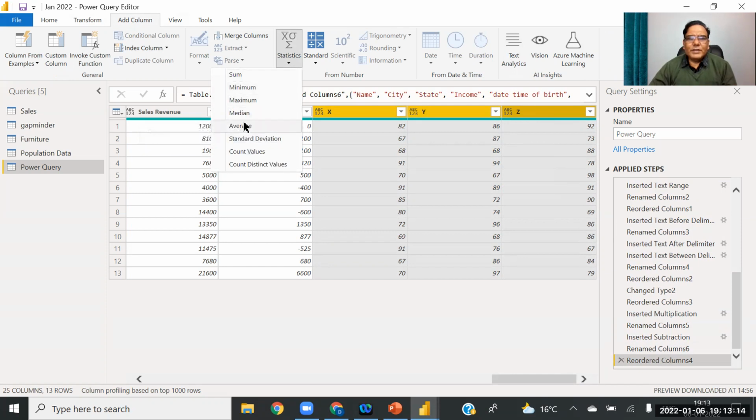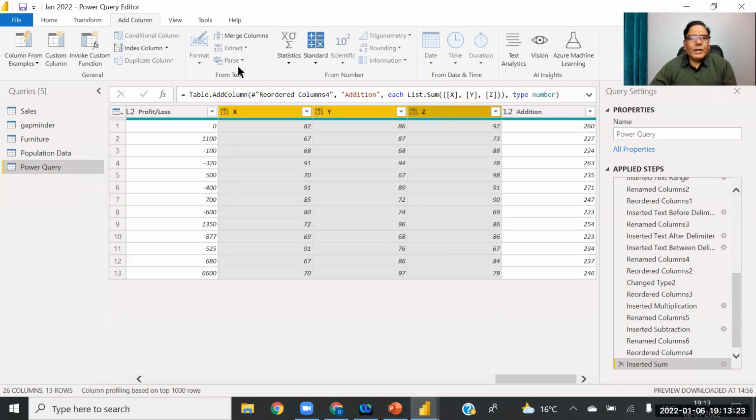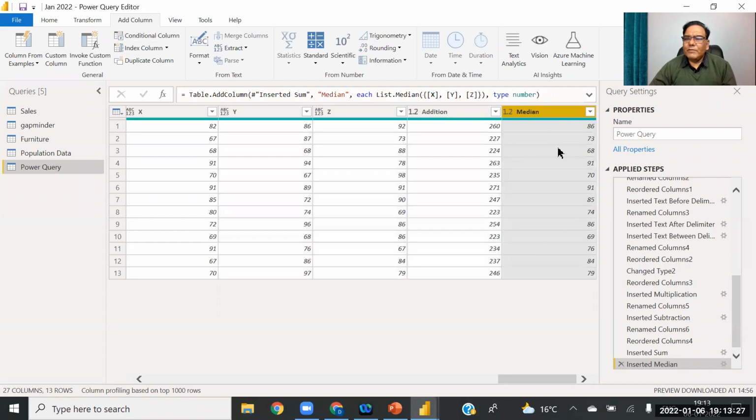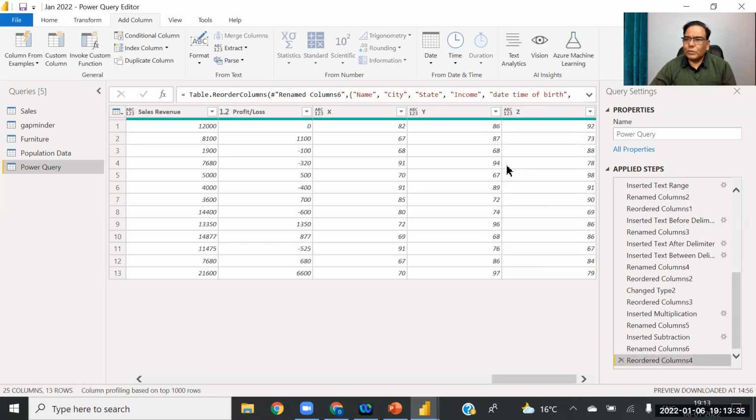Let's see the sum. Sum is the total of all the 3 numbers. And we can go to the median, the middle value. Median means middle value. So I hope now you are comfortable with the statistical functions also.